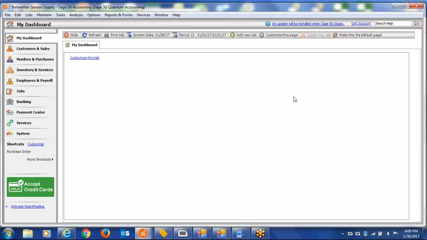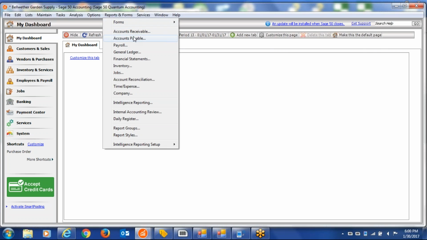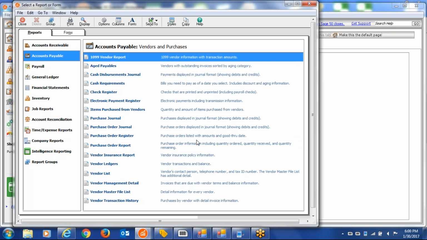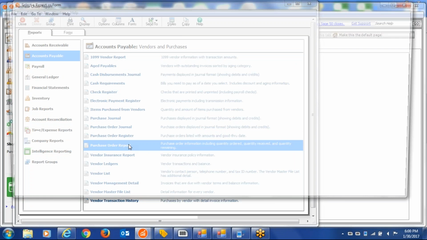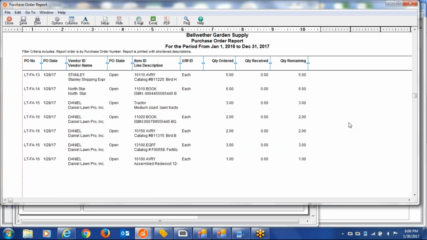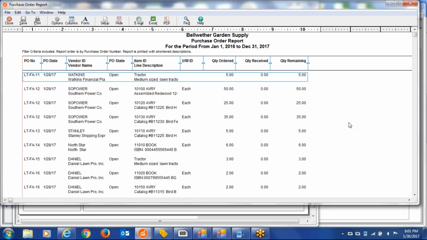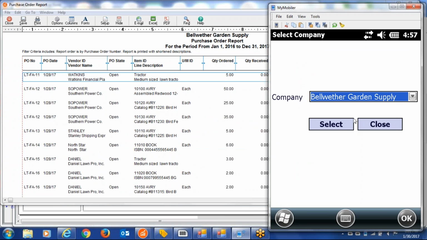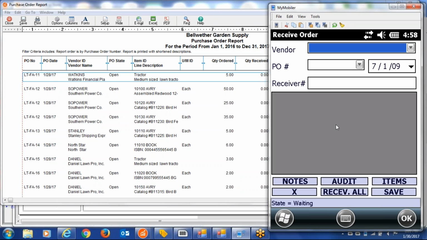So what I did for today, I went in and created a couple of accounts payable purchase orders, and not very many of them, because I wanted you to be able to see what we had. So there's maybe 6 open purchase orders at this point in time. And then I'm using a little demo company called Bellwether. If I log in over at Bellwether,